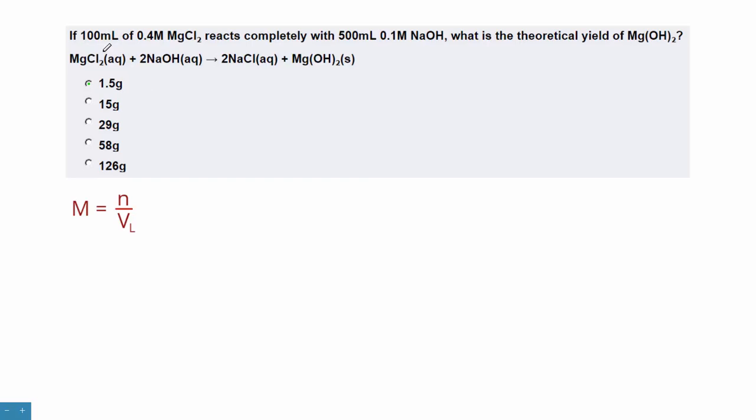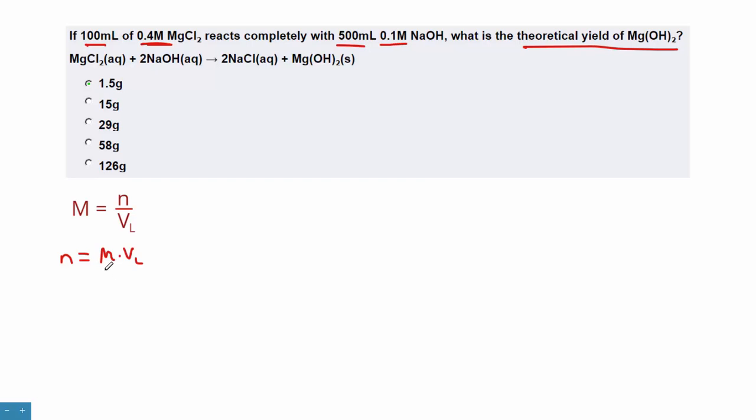In this question, you are given the volume and molarity for not just one, but for both reactants, and then asked for the theoretical yield of one of the products. This is a classic limiting reagent problem. In this case, we first need moles for both reagents. To do that, we use molarity equals moles over volume in liters. If we rearrange that, we get moles equals molarity times the volume in liters, and we'll find the moles of